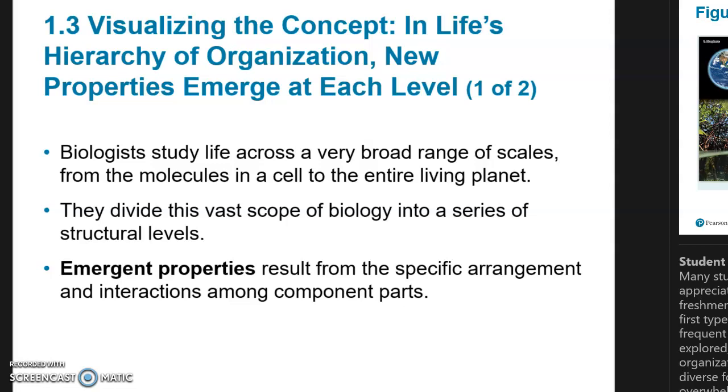Emergent properties is just a concept that means that as you go up in levels of organization, so like say from the cellular level up to the tissue, organ system, organism level, as you go up in that level of organization, there are properties that emerge or arise that are not present at the lower levels of organization. So like an organ such as the heart has a lot of properties and functions